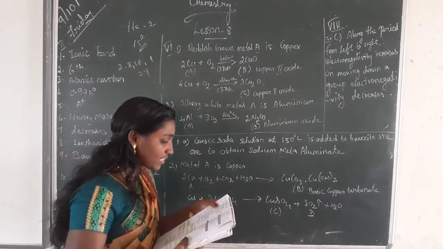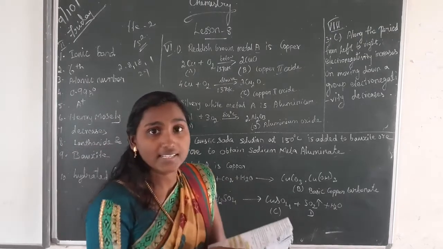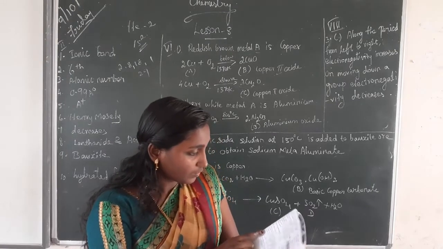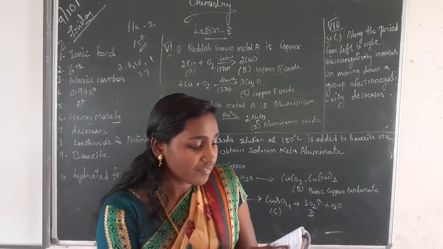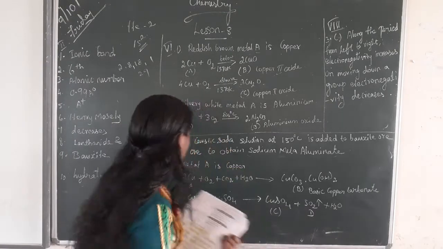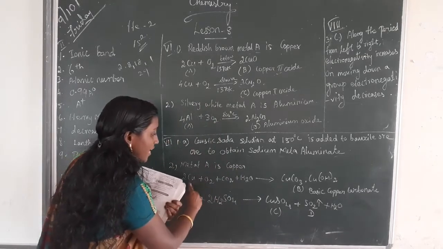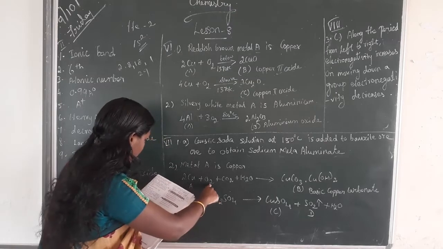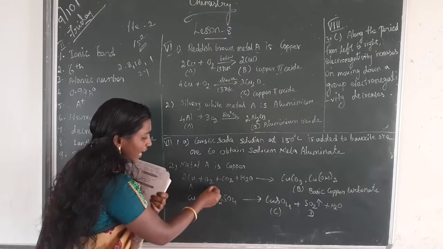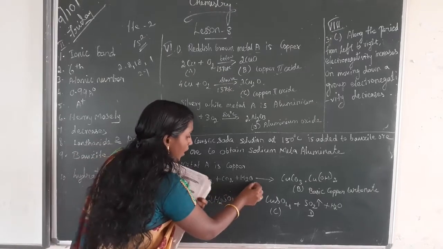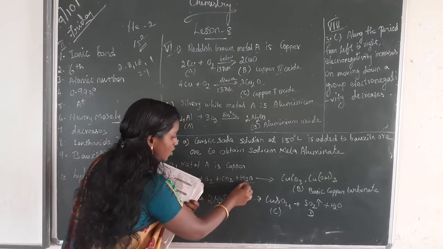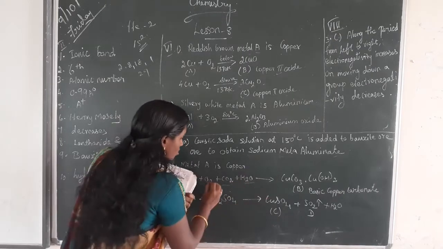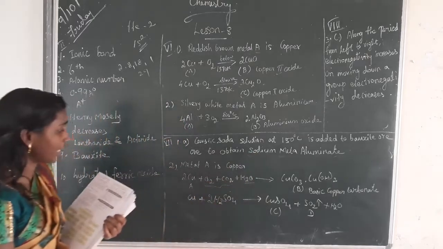Then the metal you should not write now. Just listen here. Later you can write. Okay. Then see the metal A when exposed to air. That means copper exposed to air, right? Copper exposed to air and moisture. So air, oxygen, moisture, H2O. Okay, air, not only oxygen, some other gases also. So oxygen and carbon dioxide.